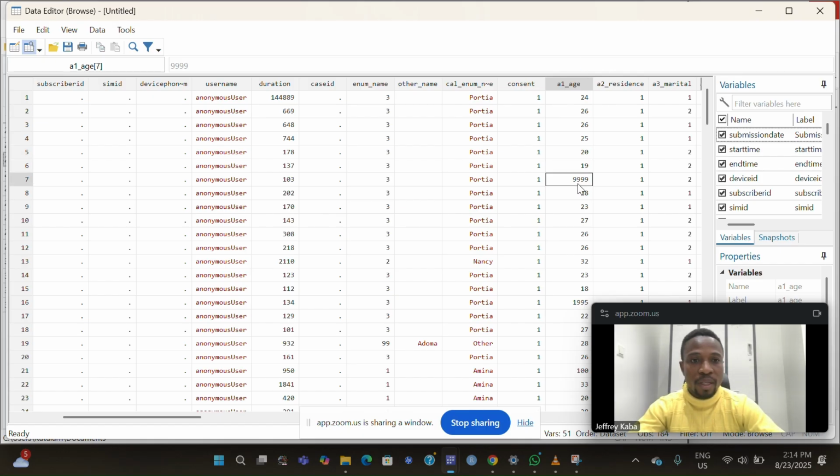So we come here, we see that someone entered an age of 9,999, and then you get here, another person entered the year that the person was born, 1995. Okay, and then here someone entered 100. So 100 might be realistic, but it may be an outlier, because when you look at all the data points,